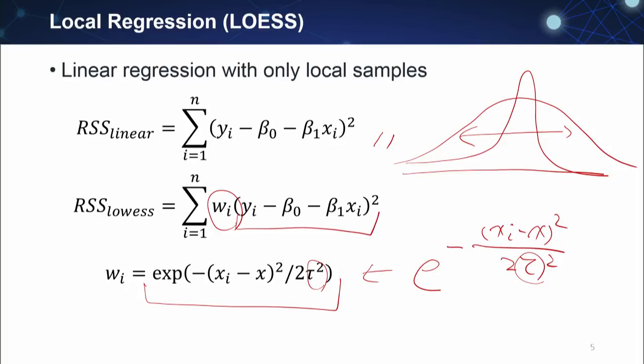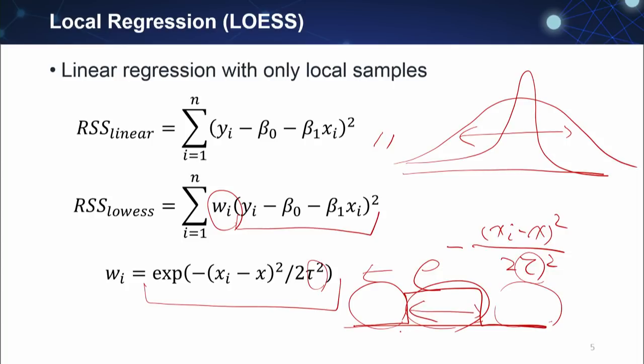This normal distribution is not the only function for weighting. We can simply use a rectangular function like this, which considers values within the range equally, but doesn't consider the data points outside of this at all. Similarly, in this case, the flexibility of LOESS can be controlled by the width of the rectangles.